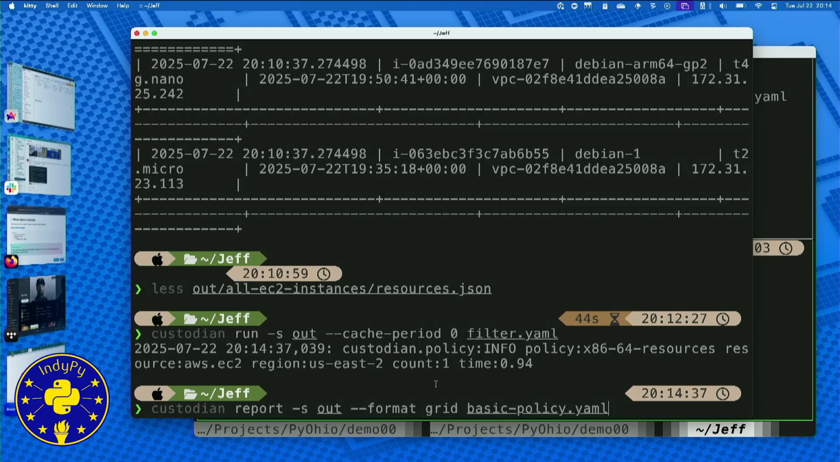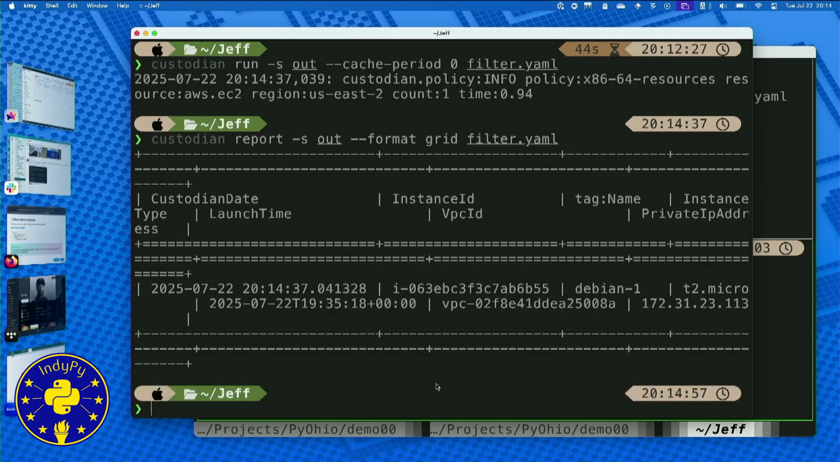And if we then run the report, and you can see running the report is real easy. Instead of saying custodian run, you say custodian report and give it a format. You'll see that the only resource that was reported was Debian1, which is a